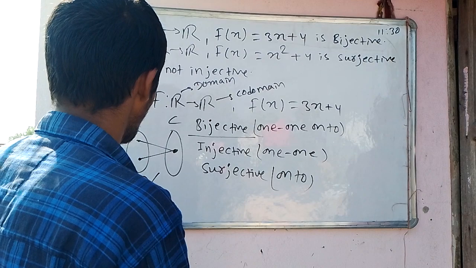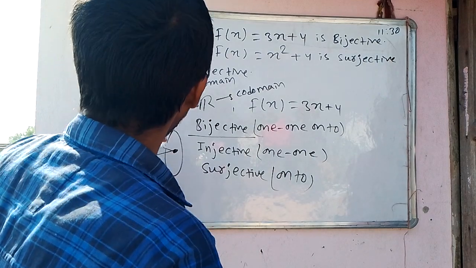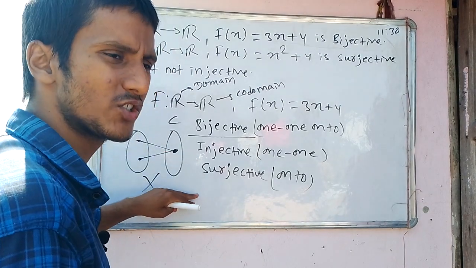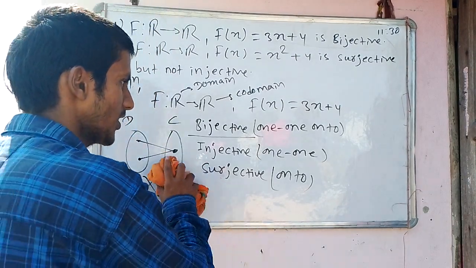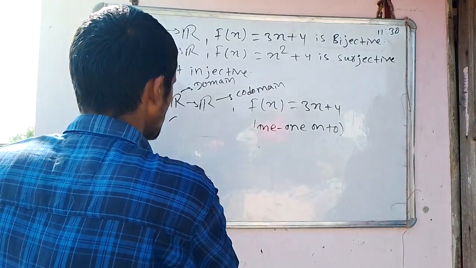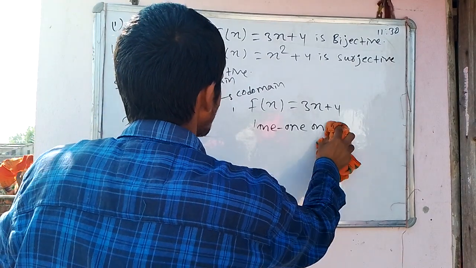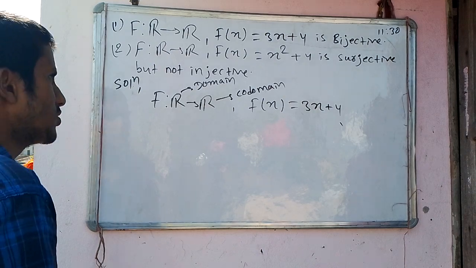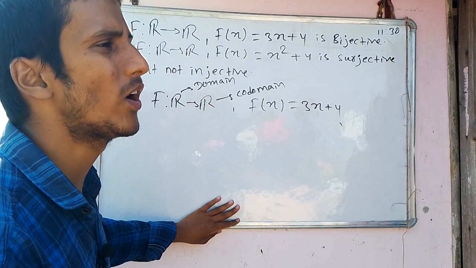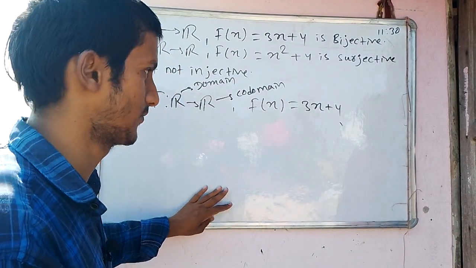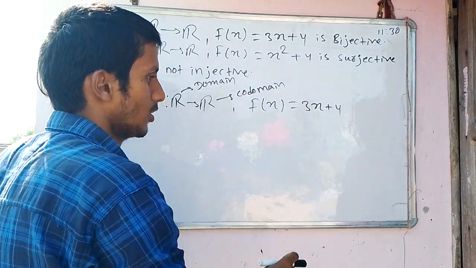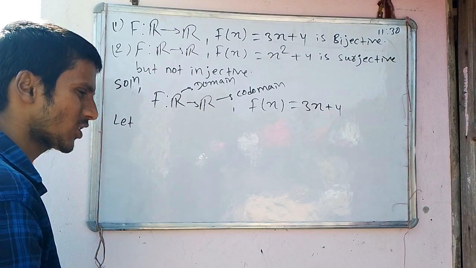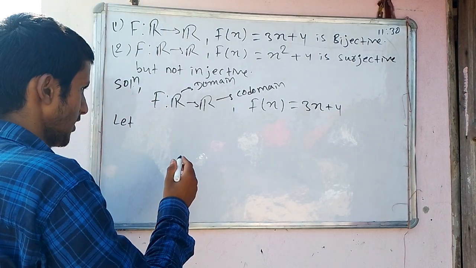How are we going to prove? Okay, so let's have a look. It means we have to prove that it is both injective and surjective for the first one. Okay? So let's prove that it is both. So what are you going to do? We're going to prove that it is 1 to 1 or injective first. So what are you going to do in the first place? We're going to start with a contradiction. What contradiction? Okay, so let